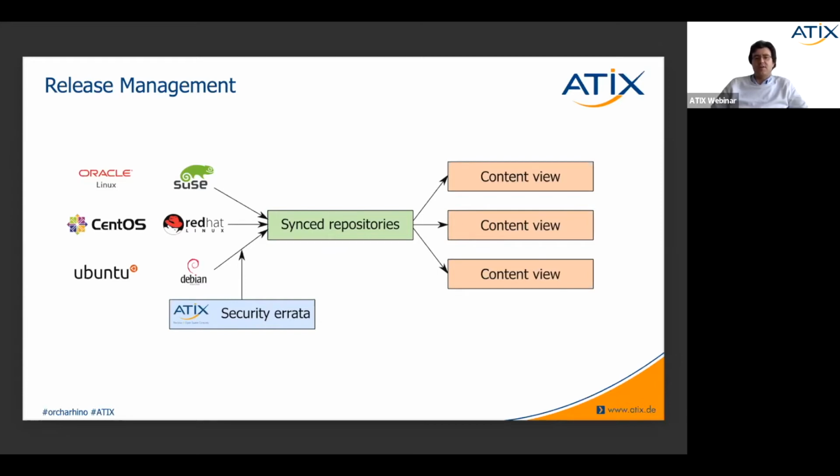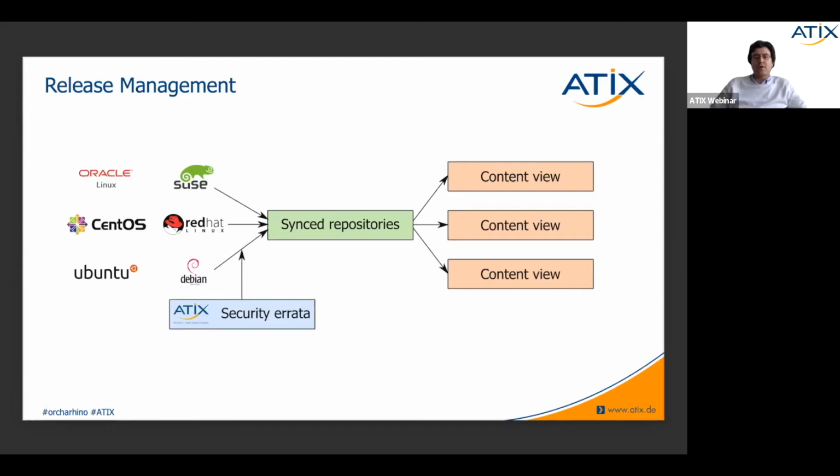Originally, errata were only available for enterprise systems, so this means Red Hat and SLES. We also offer them for our customers in case of CentOS. The world of Debian Ubuntu originally didn't even know the concept of an erratum. So we started to parse all the update repositories for Debian Ubuntu and generated errata this way. In this way, we are also able to provide errata for Debian Ubuntu.